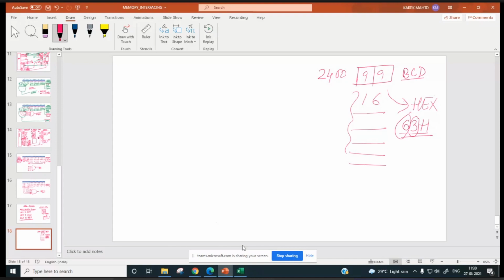So then 63. This is one technique. Any other technique you know to convert this to the corresponding hex value?